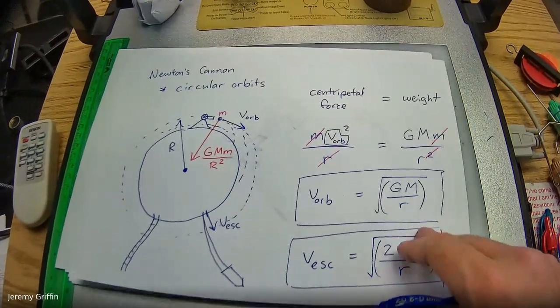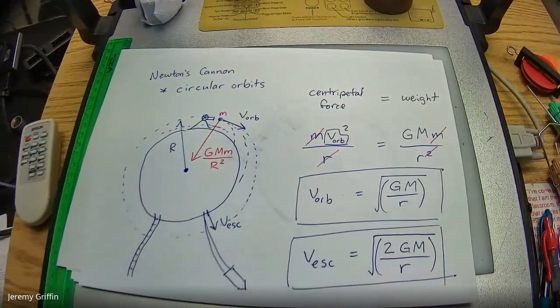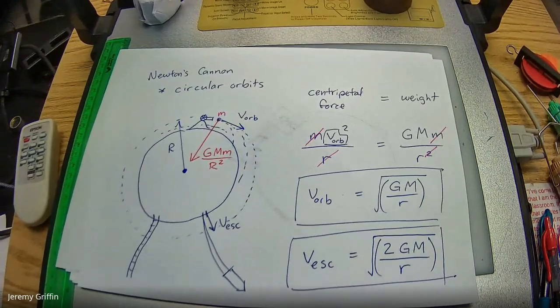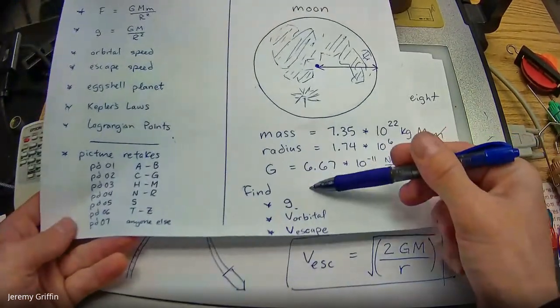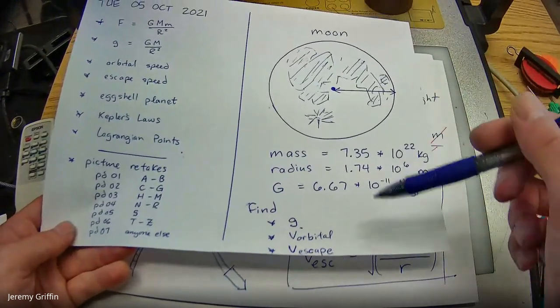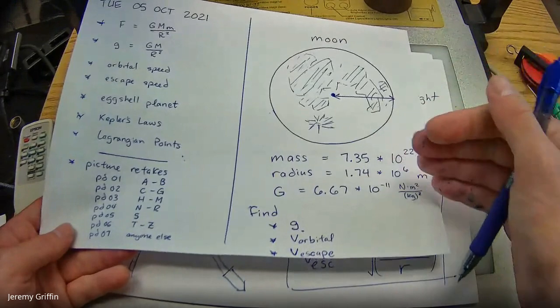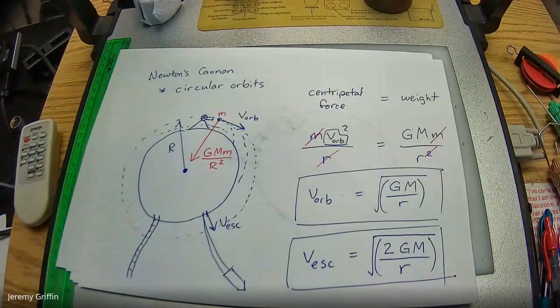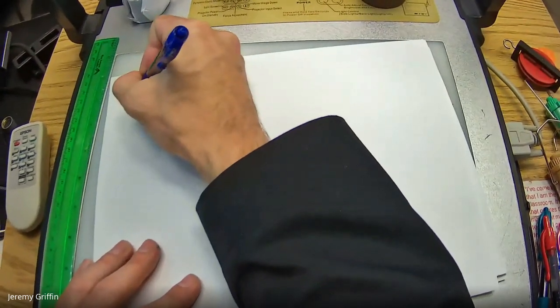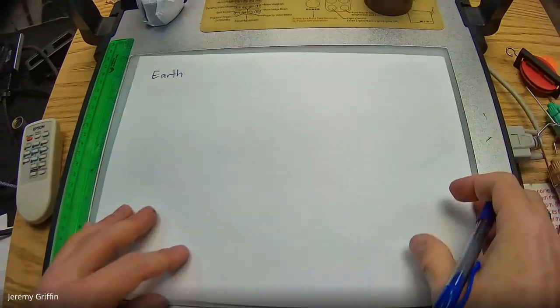All right, so back at the top of class, I asked you guys, here it is: what is the gravity field, orbital speed, and escape speed for the moon? Let's crunch those numbers now for the moon and also for Earth. I'll do both of them with you guys. Okay. Let's actually start with Earth. It's probably more relevant to us.